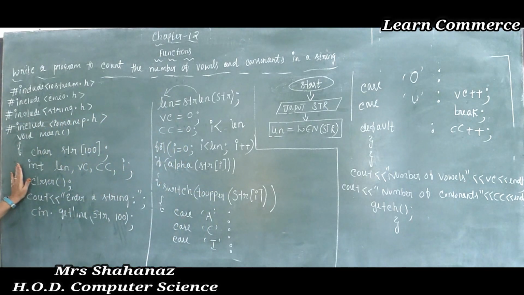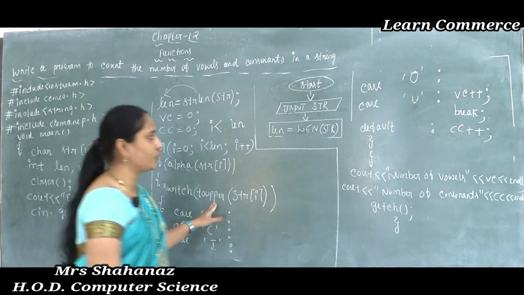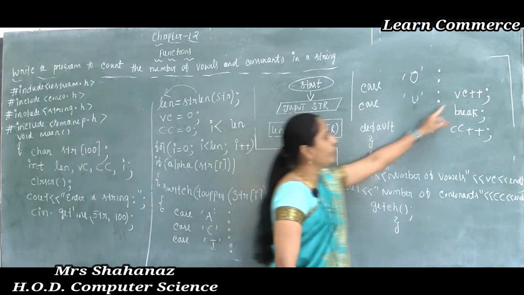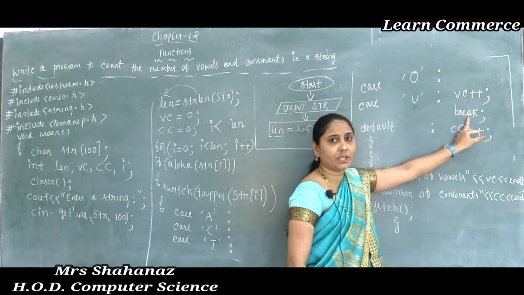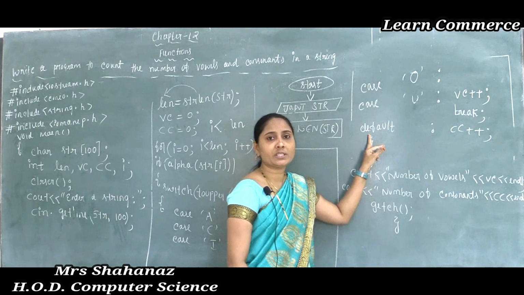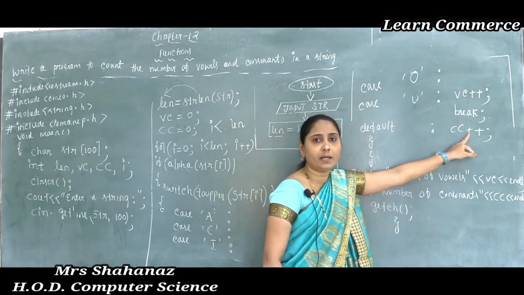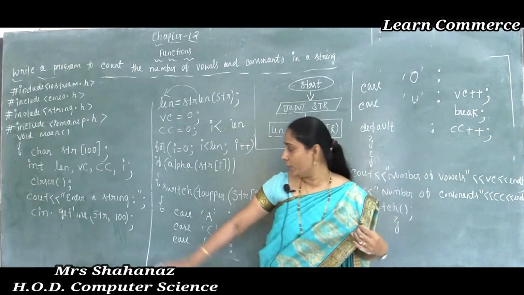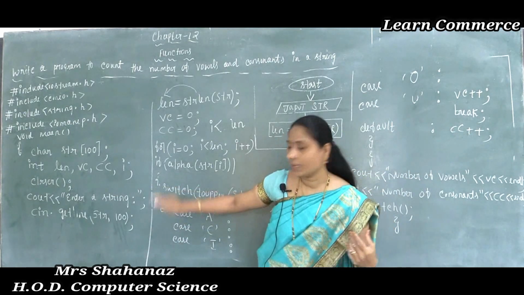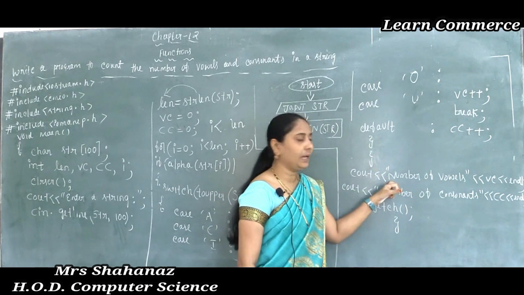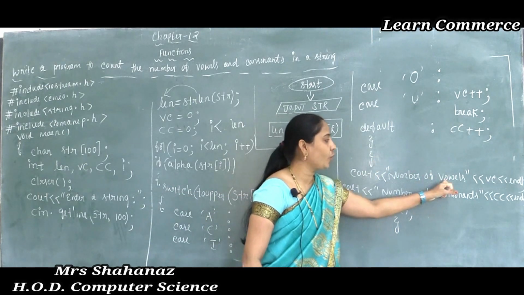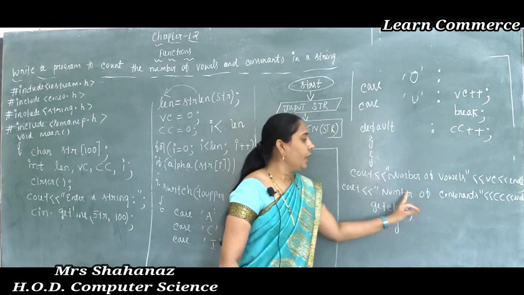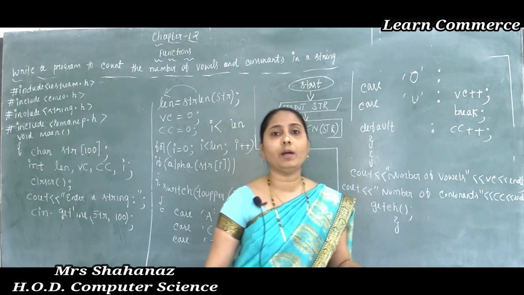So this is the program for the number of vowels and consonants in a string. So clear, no? If it matches, then VC++. If it is not matching, break it, then go to the second option, that comes under CC++. The meaning is CC is equal to CC plus 1. We opened the flower bracket twice, so we need to close the flower bracket, and lastly it displays the number of vowels. How many vowels are there in 'welcome to class', and how many consonants will we get in our 'welcome to class'.